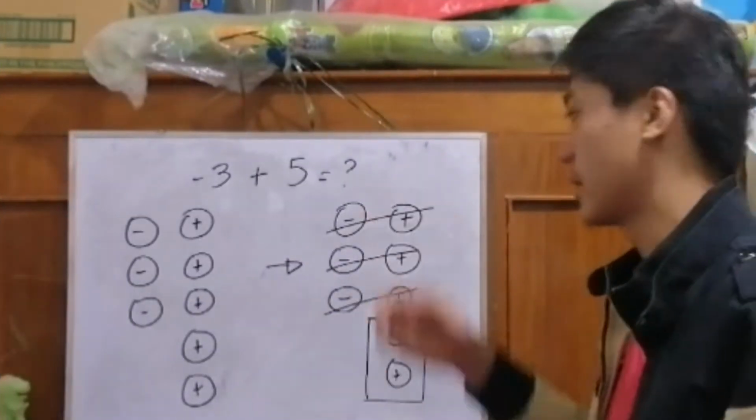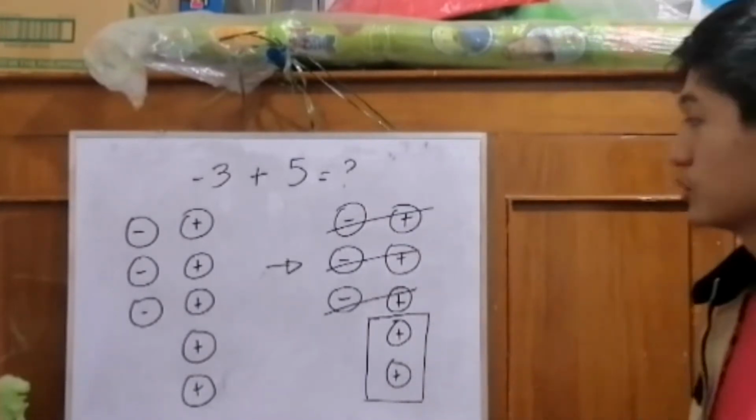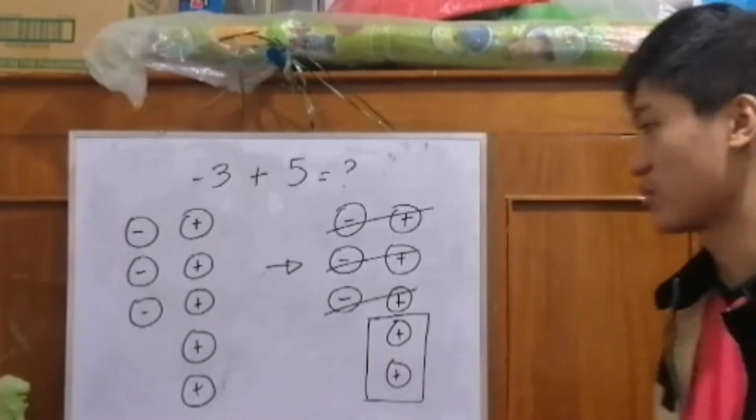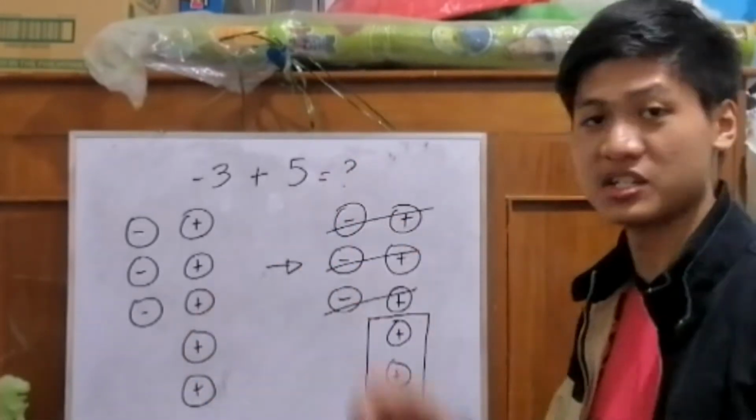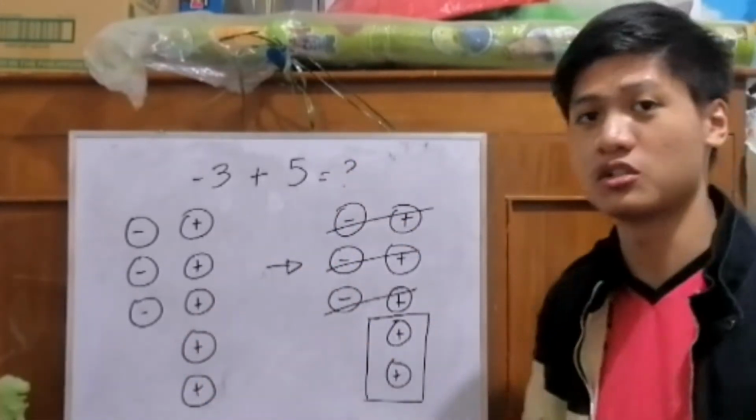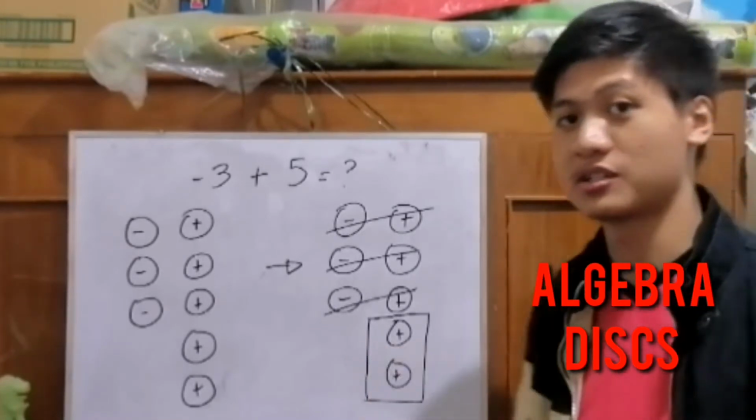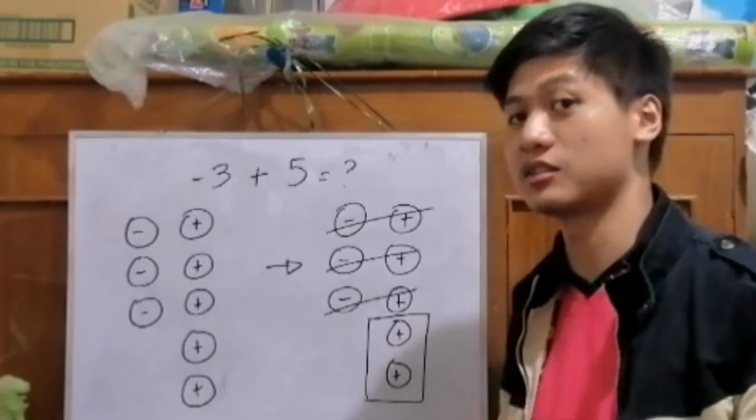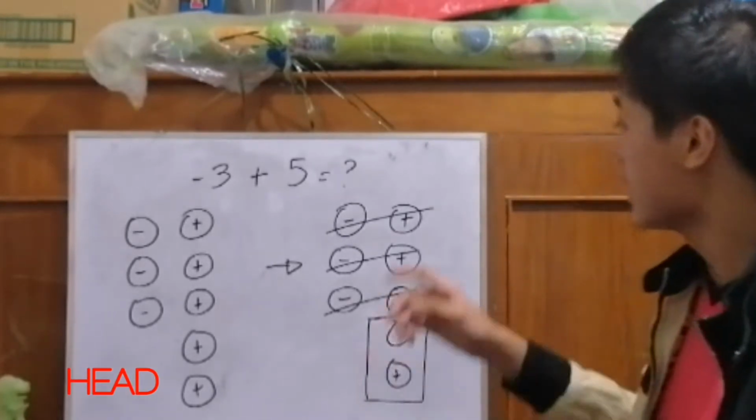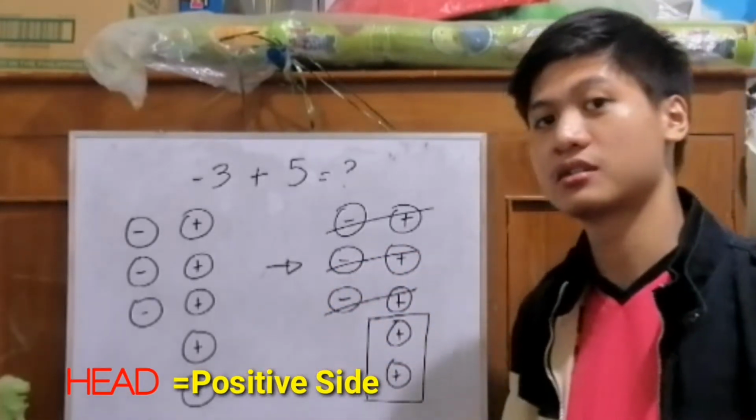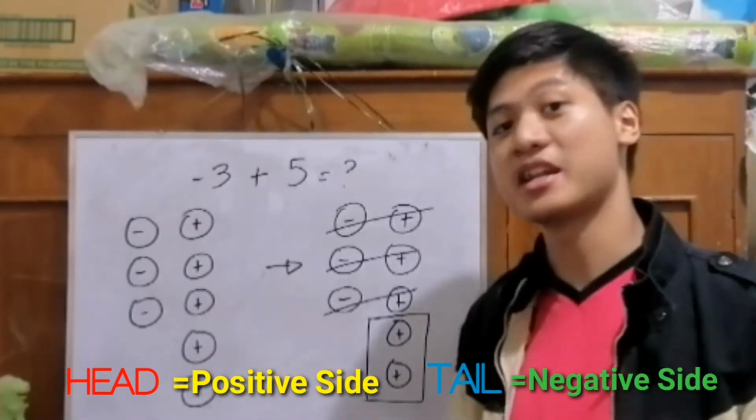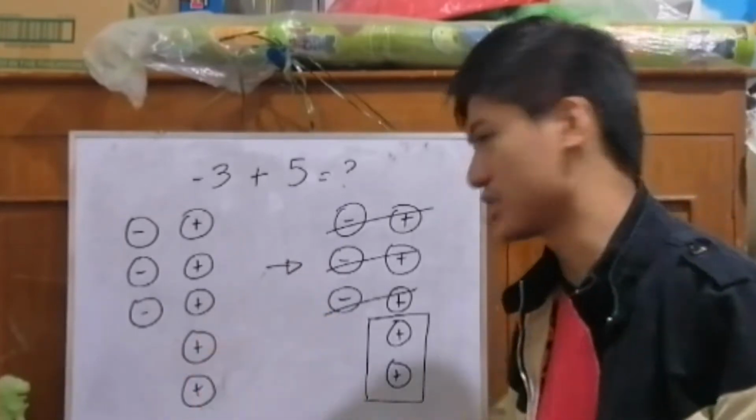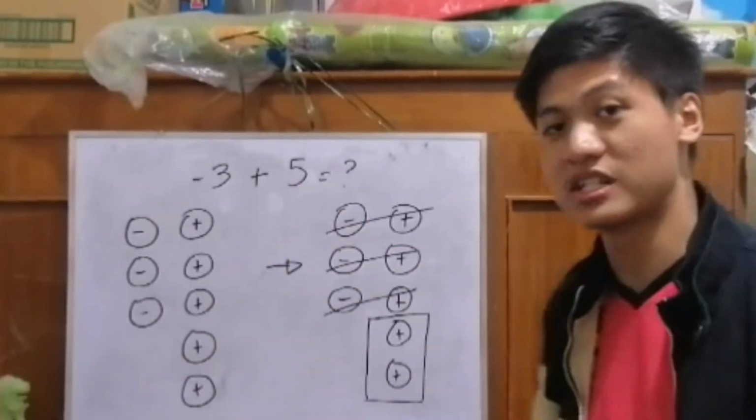So right now I have here a math problem. All we have to do is solve for the answer. As you can see, I have made representations right here of these numbers, but these are not just representations. They're called algebra disks. An algebra disk, like a coin, has both a head and a tail. The head is the positive side of the algebra disk, while the tail is the negative side of the algebra disk. Now, as you line up these algebra disks to represent these numbers,